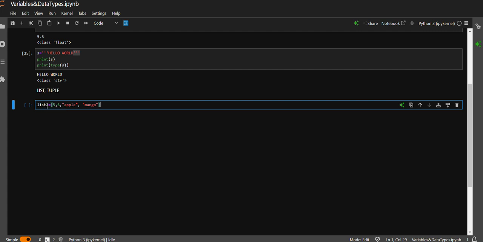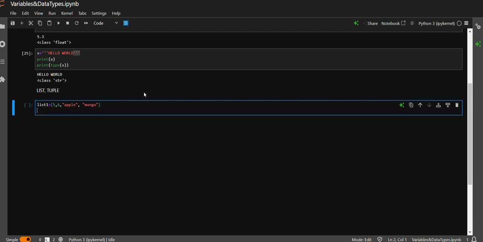list 1 is the variable name. list 1 क्या है? variable name है. list is the data type. list 1 is the variable name, in which I have initialized few items. The string is given in the double quotes like mango and apple, and the other number like integers are given normally within the square brackets.